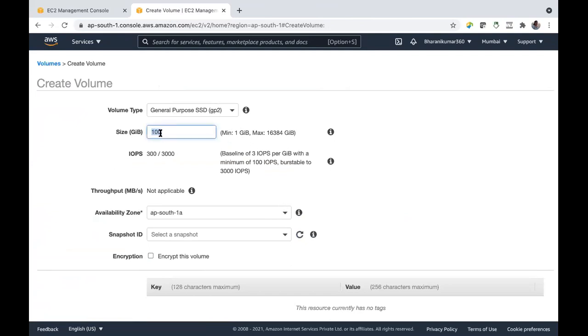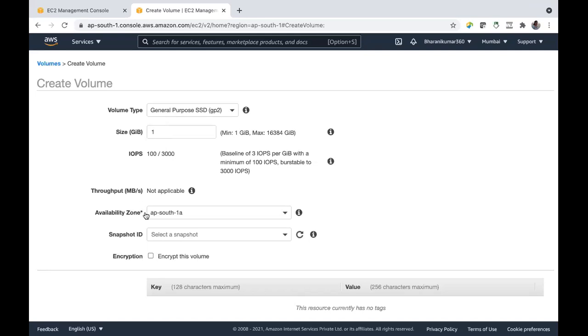Size, be careful, it's saying that 100 GB max is this number. Let us only give 1 GB. 1 is enough. Why? Because we should not exceed our 30 GB limit if you have 2 or 3 instances already running. So let us keep it as 1 GB. If you have only one instance running, you can try with 5 GB, 10 GB, or 20 GB also. But the limit has to be below 30 GB. All EBS volumes put together, you should have below 30 GB because 30 GB is our limit.